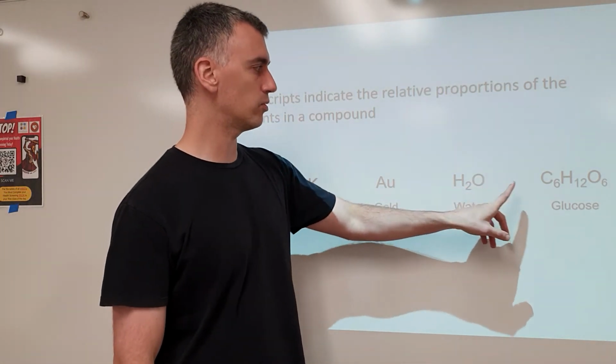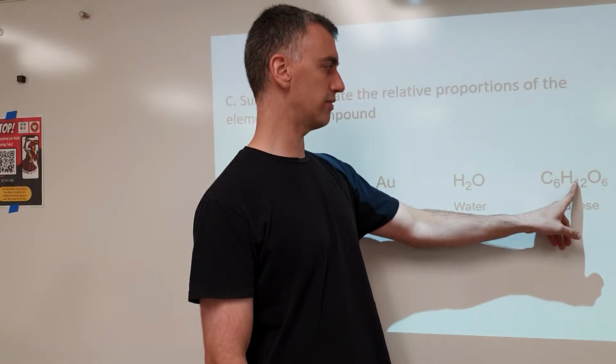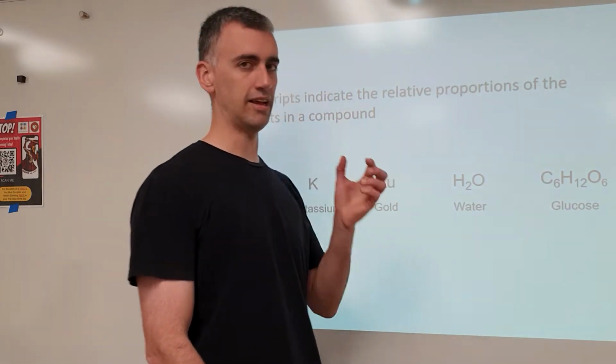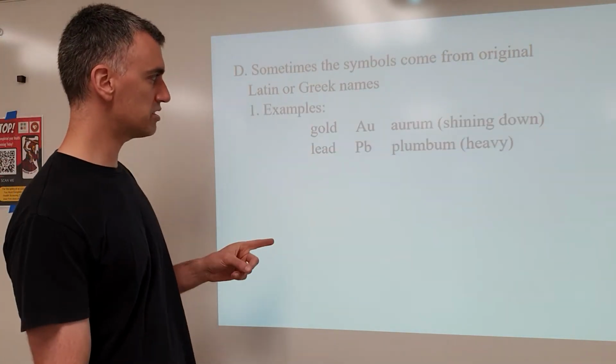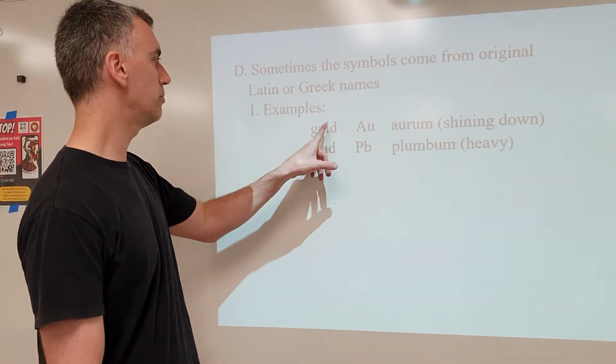and this means that there's 2 hydrogen atoms for every 1 oxygen atom, or this means 6 carbons for every 12 hydrogens and 6 oxygens, bound together in that compound. Now, sometimes there's a total mismatch between the name and the symbol because it comes from another